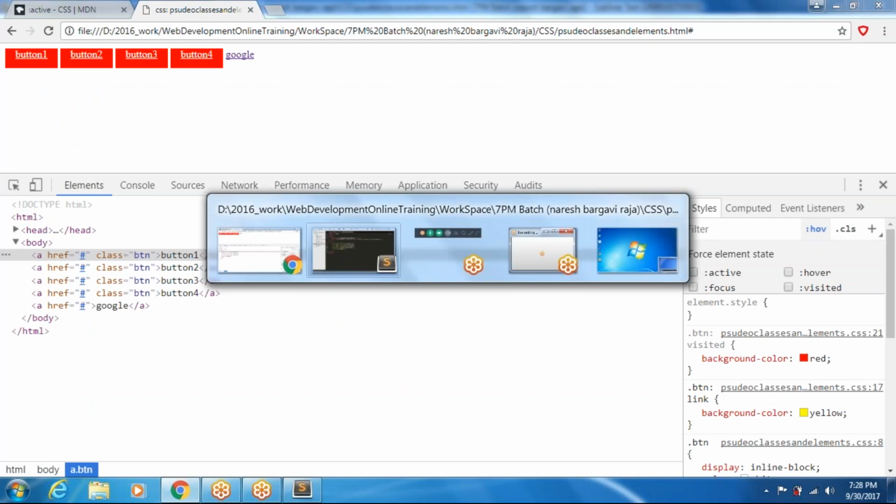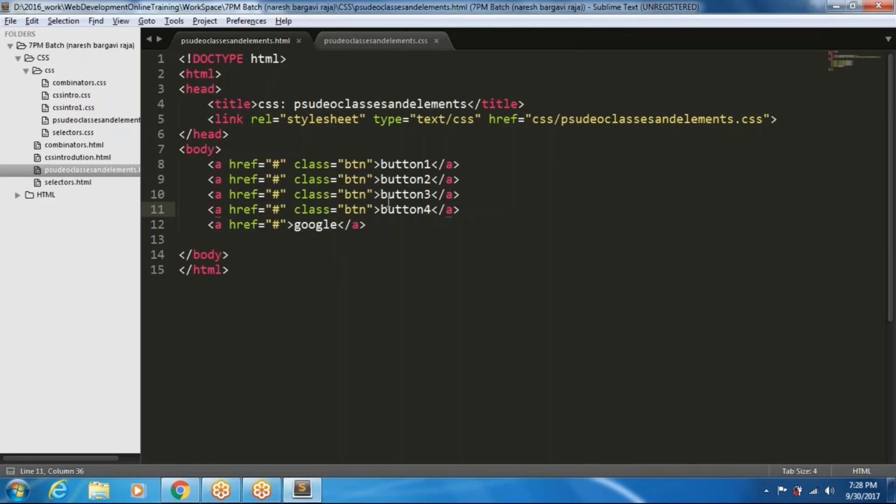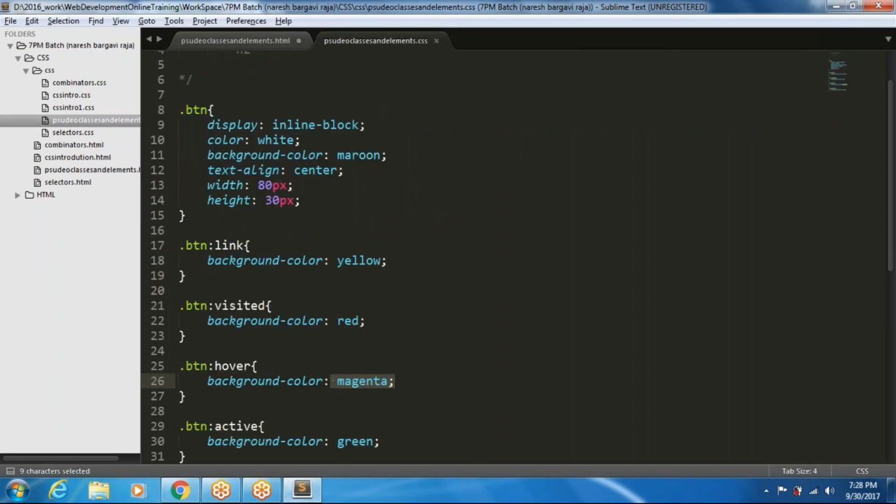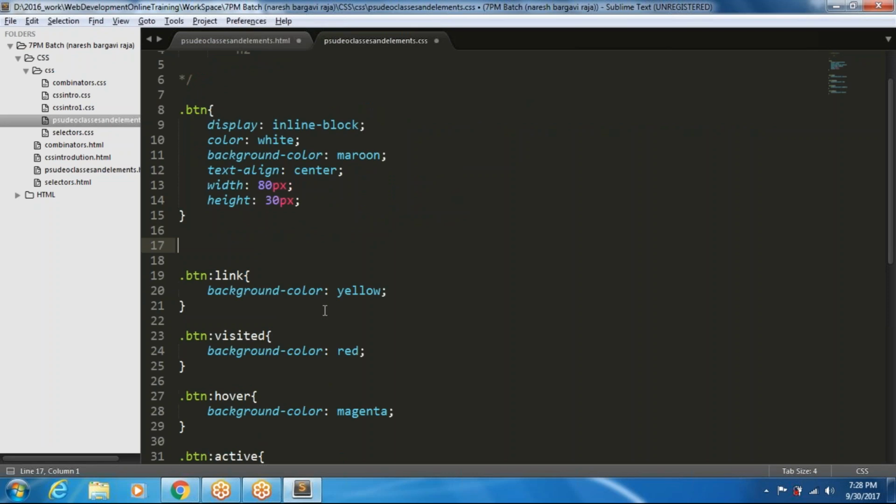Okay, so if you want to select, anyway, I'll go for button 1 comma first child. You can access the first child by using